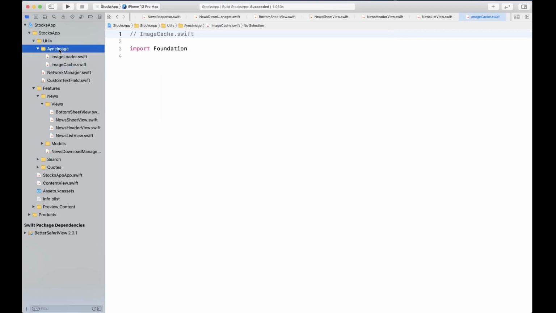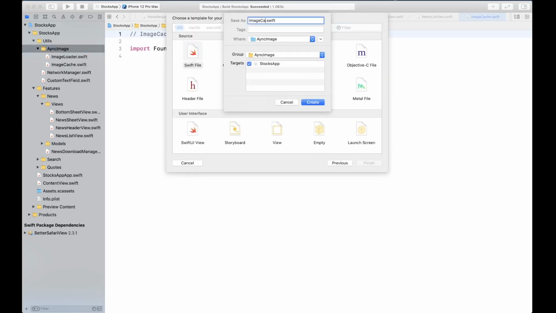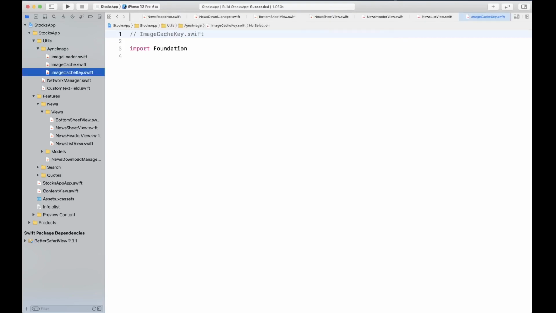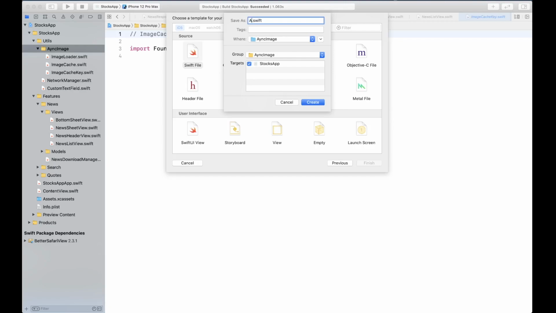We're going to create one for the cache key, so let's create image cache key, and there's going to be one for async image, so I'm gonna name this async image.